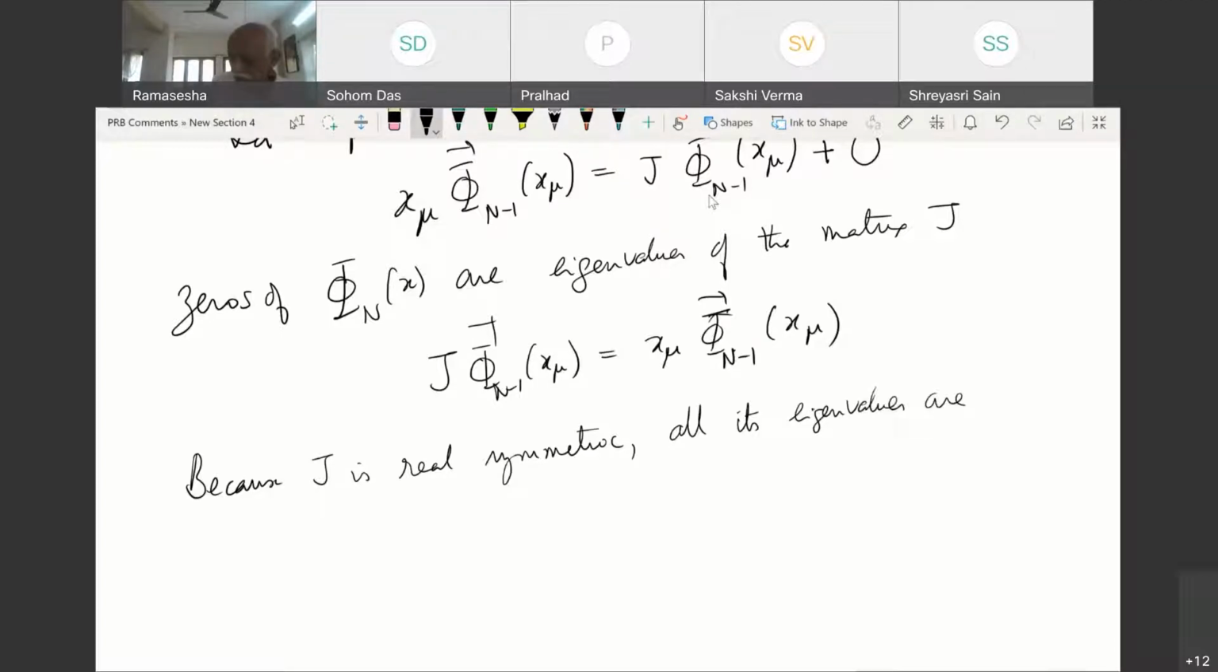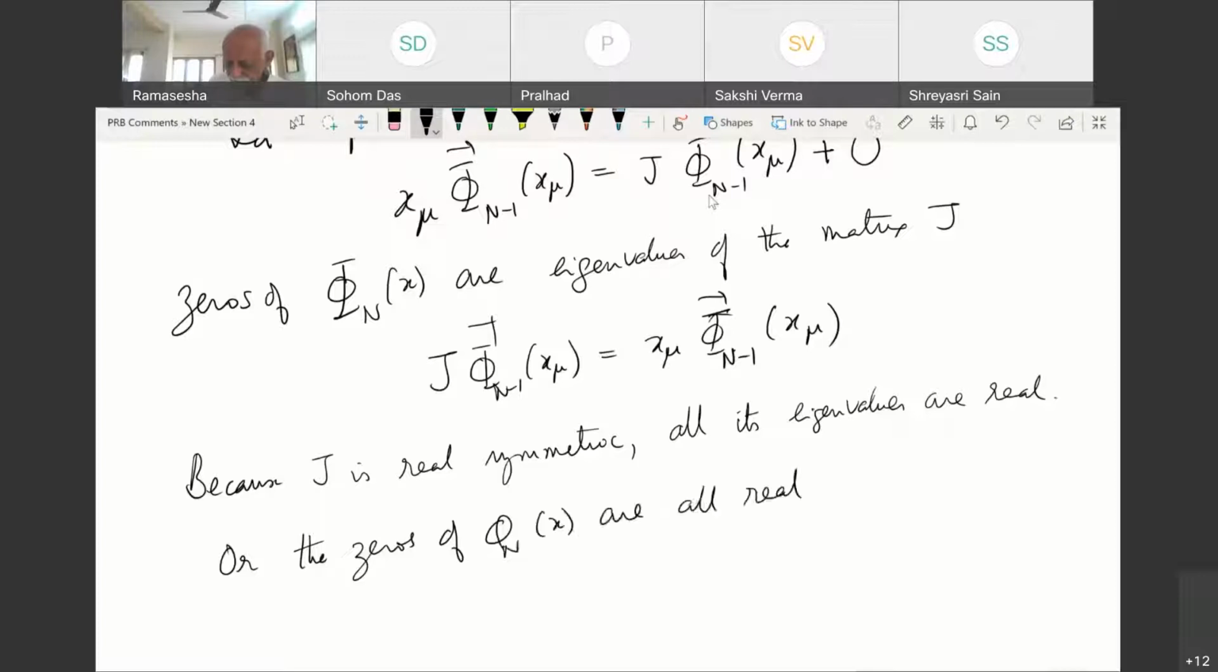So this is another proof for the zeros of phi n of x, the zeros of phi n of x are all real. See, it's a beautiful proof just starting from the three-term recurrence relationship. So using the three-term recurrence relationship, what we have shown is that the zeros of any orthogonal polynomial are all real. Okay, and you can also get